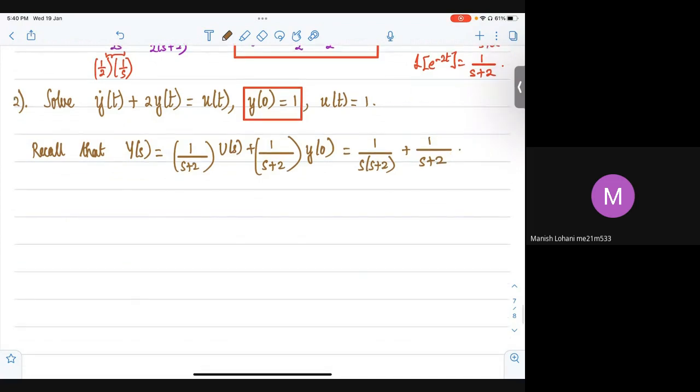So now, what will be y(t)? y(t) is going to be equal to the Laplace inverse of 1 divided by s times (s plus 2), which is the first term on the right hand side, plus the Laplace inverse of 1 divided by